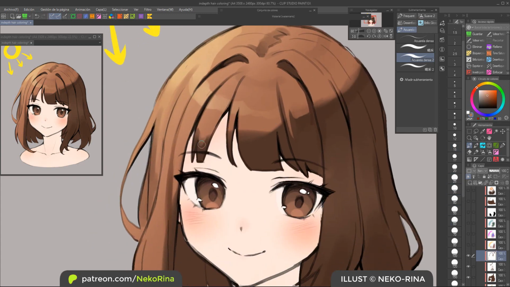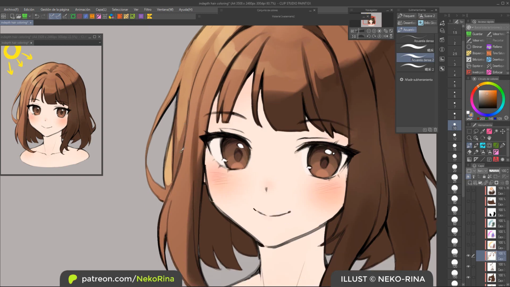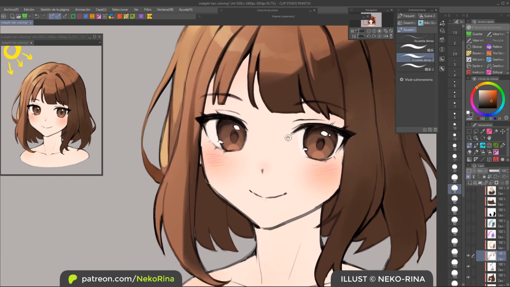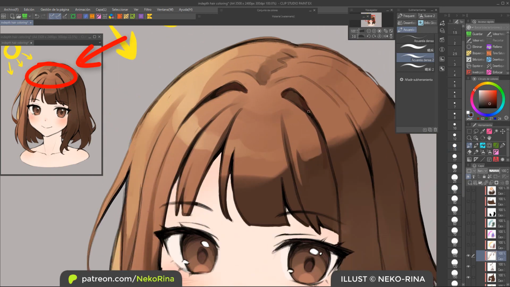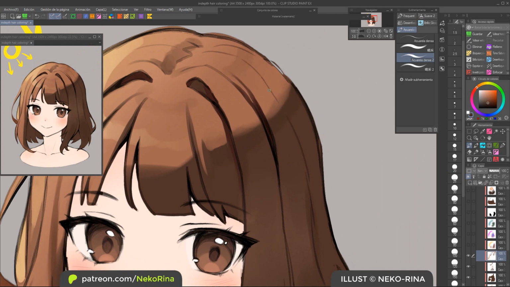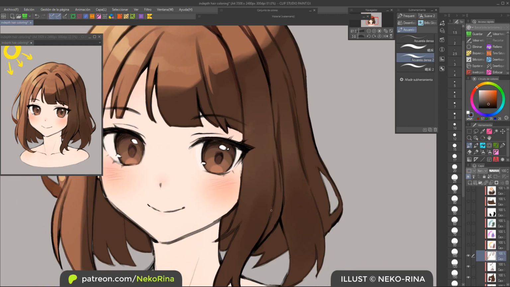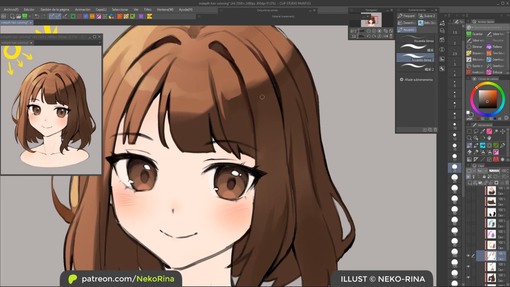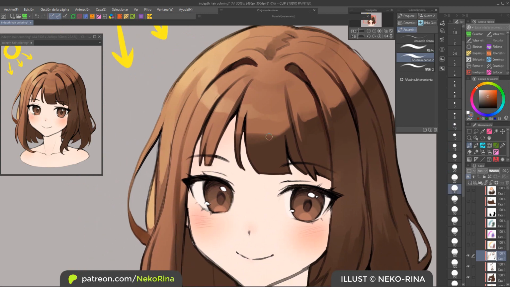Some tips you can keep in mind during this stage are: add darker and/or sharper spots where two strands meet or cover each other, like on these little bumps on top of the head, or to add variety on some strands. Remember the first video where I told you about making the strands different in width and length? This is the same. Adding variety onto the coloring will make the hair feel more natural and dynamic other than painting it all the same way.